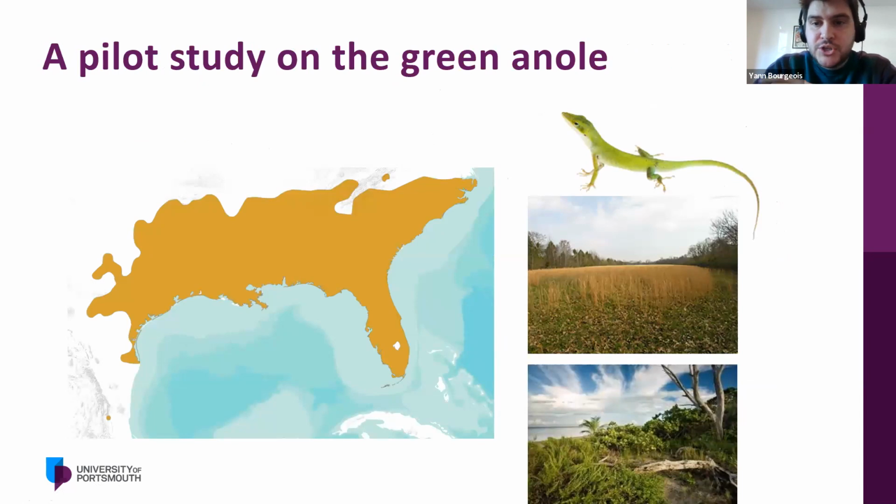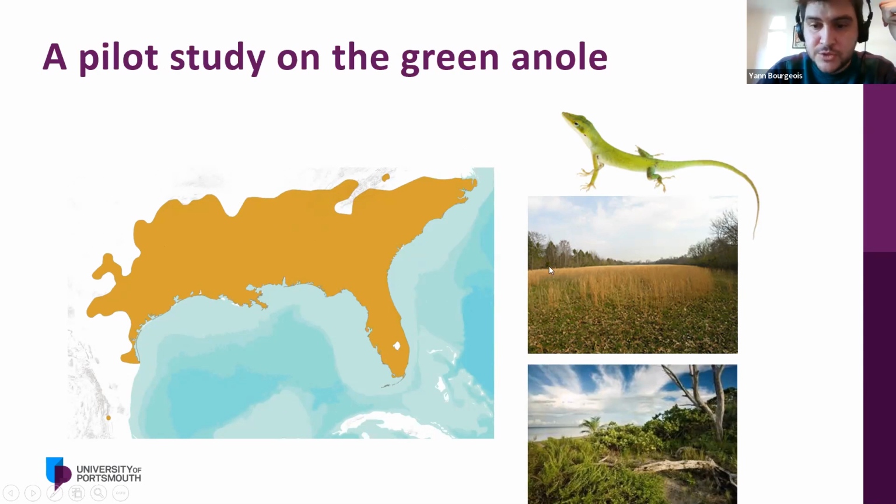So an example of application of all those different concepts in an actual model, that's something we tried to do with my former advisor, Stéphane Bossino at New York University, Abu Dhabi, 2 years ago. We worked on the green anole, this little guy that lives in Northern America. What's interesting is that it occupies a very broad range of environments, from southern Florida to more temperate zones, let's say in Carolinas and